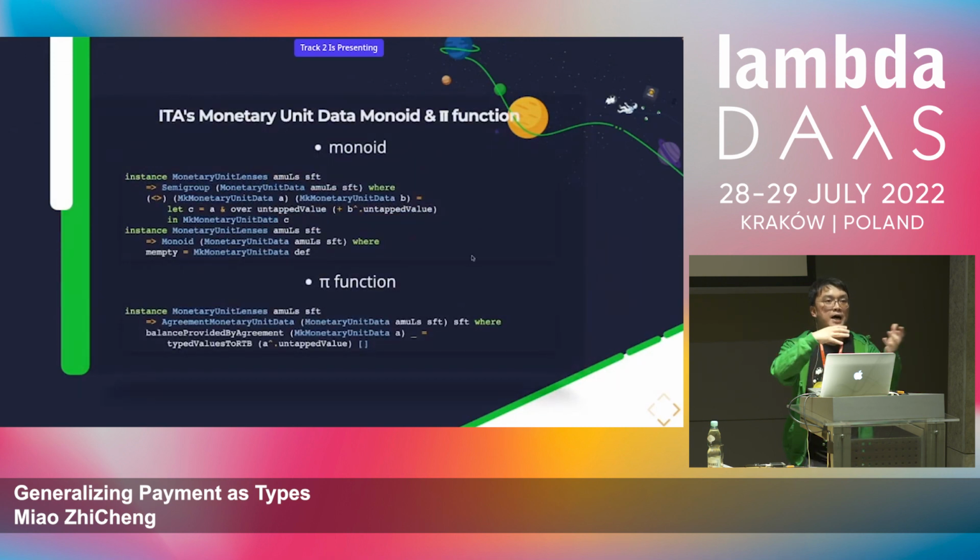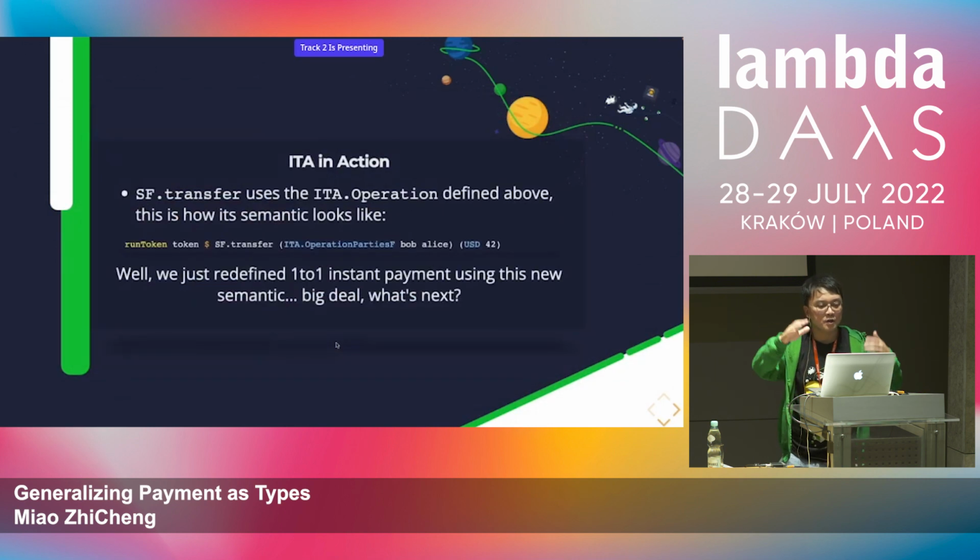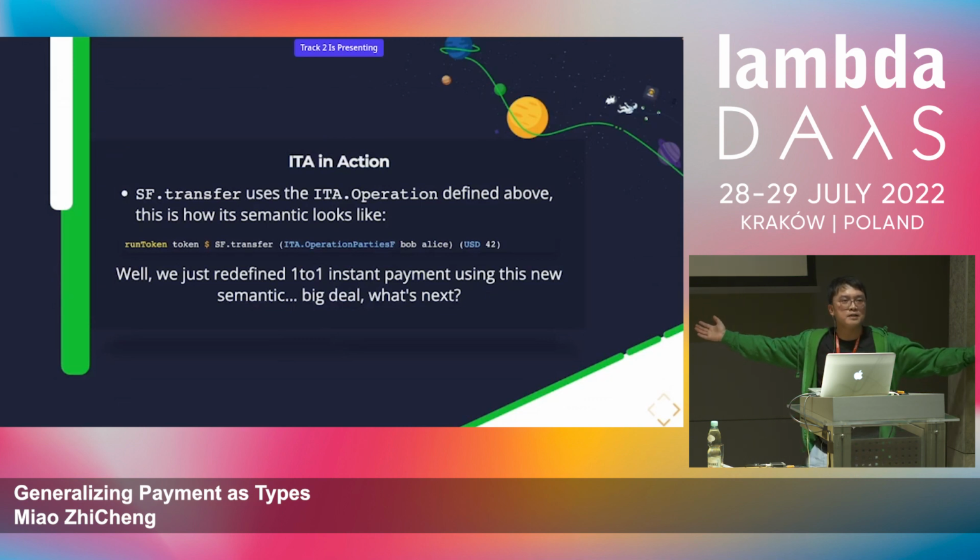in order to combine the delta, you simply define, okay, to combine A and B, I add the fields from B to the fields from A, right? So it's a very trivial operation, and the pi function is simply adding that field. That's it, right? So with all these abstractions, blah, blah, blah, I mean, I just simply defined a one-to-one instant payment. What's the big deal, right? It's a kind of waste of time.